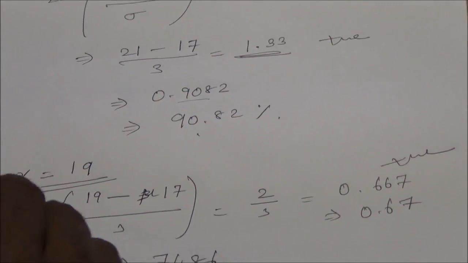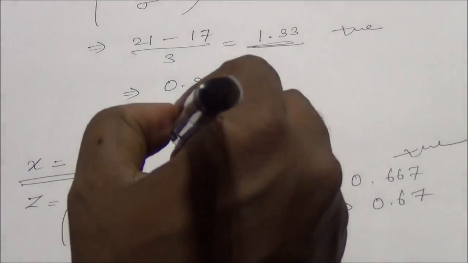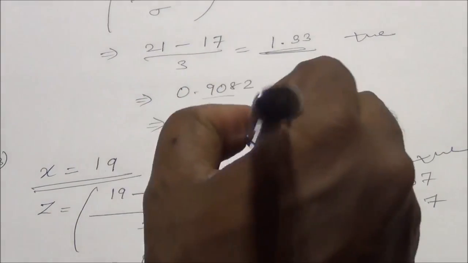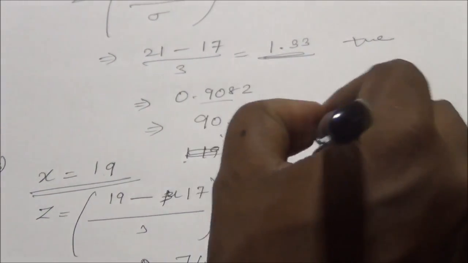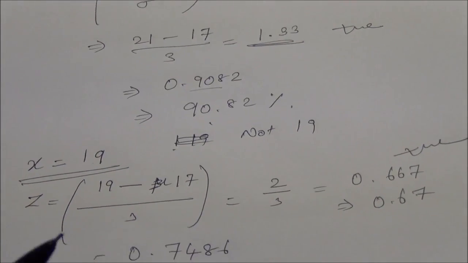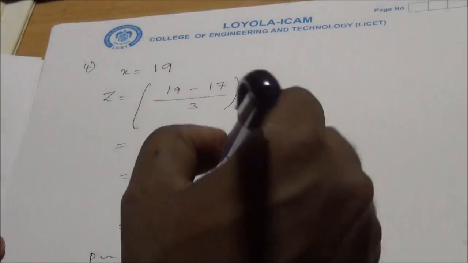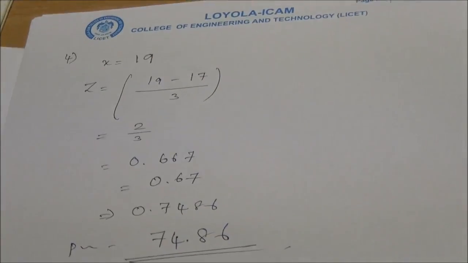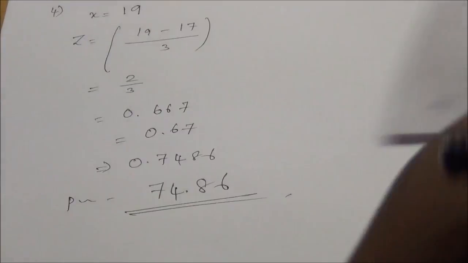And if it is exactly x equal to 19, or if it is not 19, if the probability is not 19, first you calculate for 19, and after that you subtract it from 100, you will get the value. And if it is exactly 19, the same thing you have to apply. Since the value is positive, you directly read the value. So that's all about the problem. And sometimes they will ask like this also.